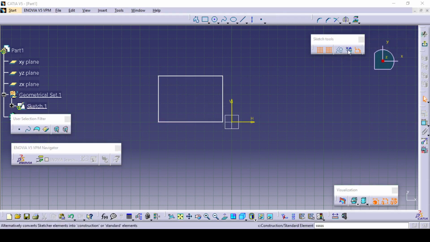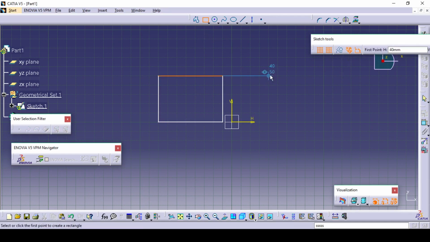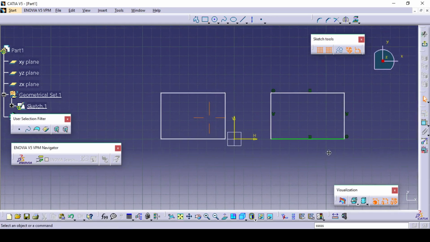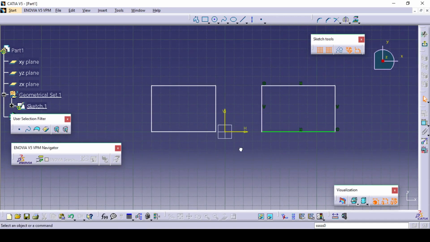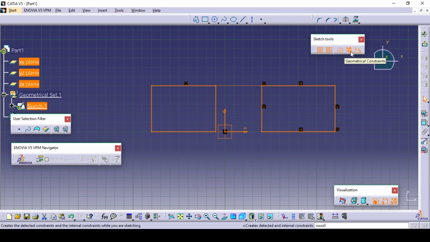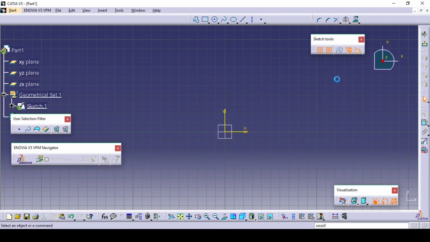Now if I switch it on and again try to draw a rectangle, the difference between these two rectangles is that you can see these options called horizontal and vertical, which are basically constraints. H stands for horizontal, V stands for vertical, and in this way the geometrical constraint will help you in sketching.